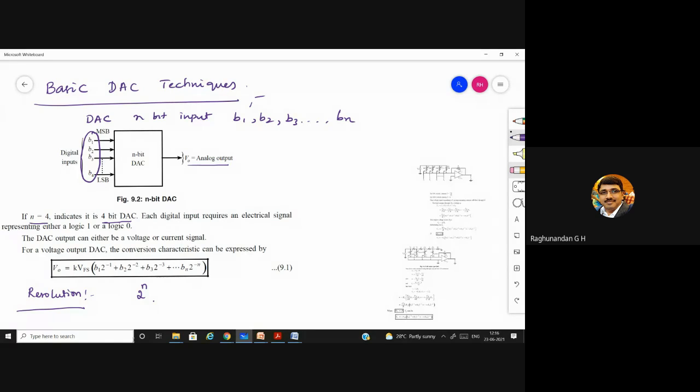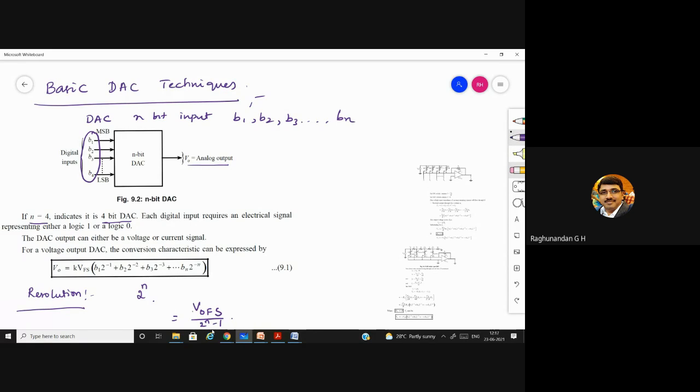Resolution can also be defined as the ratio of the change in the output voltage to the change in the LSB of the digital input, so 2^n - 1. So whenever the values are going to change, let us assume